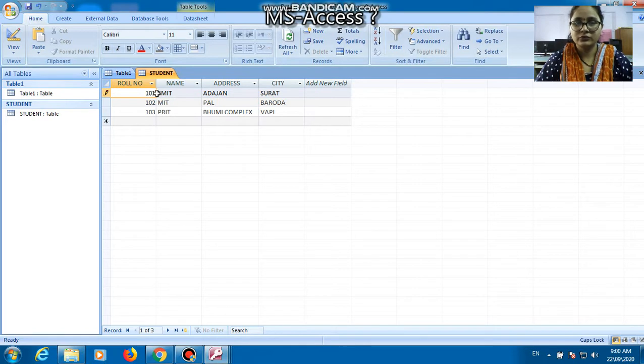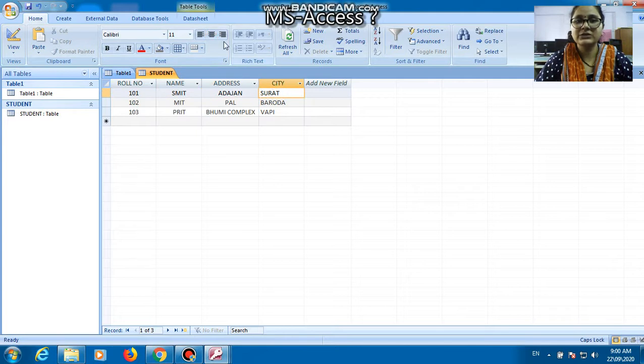If you want to format this table, you can select these fields using the control key, and in this way you format your table. If you want to resize your table, you can resize.